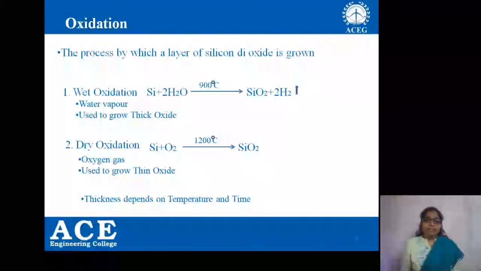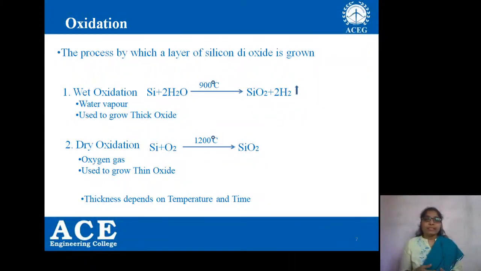Now come to the first step of wafer processing, that is oxidation. In this process we will grow a silicon dioxide layer onto the total substrate of the silicon wafer. The use of silicon dioxide here is that it can protect the wafer from external diffusion, ion implantation or metallization, etc. And also we can have an insulation between the substrate and the gate. It can be done in two ways: one is wet oxidation and another one is dry oxidation.